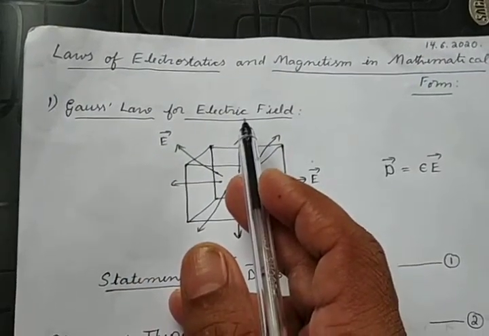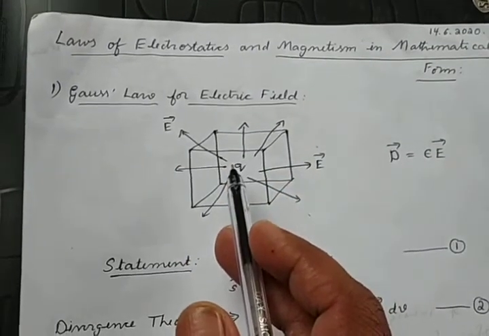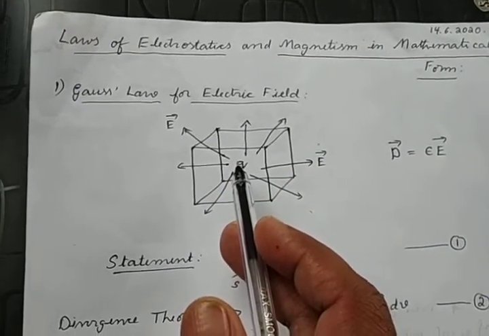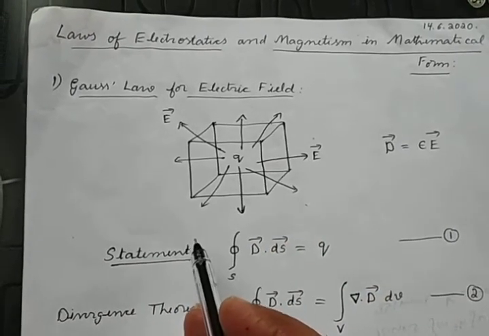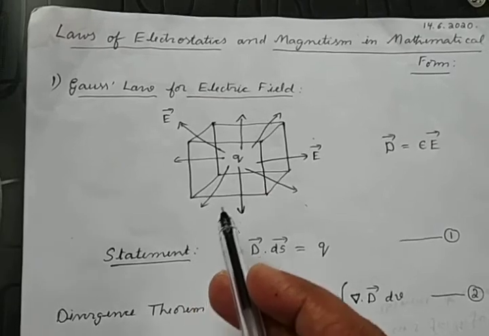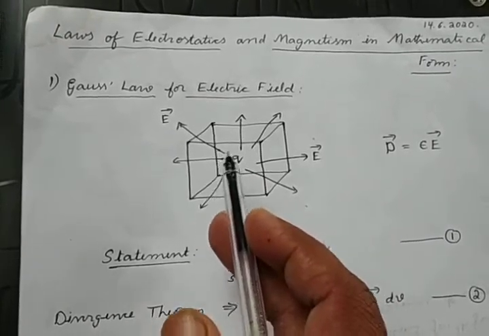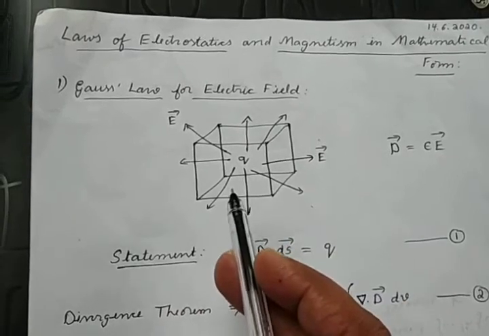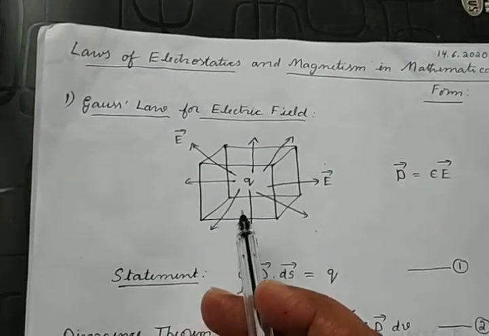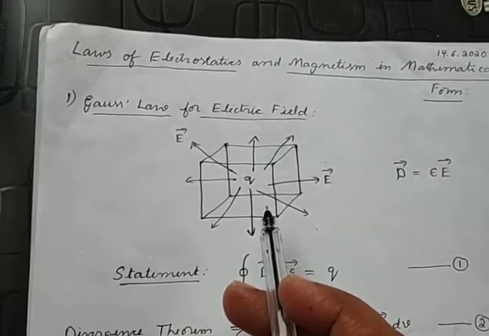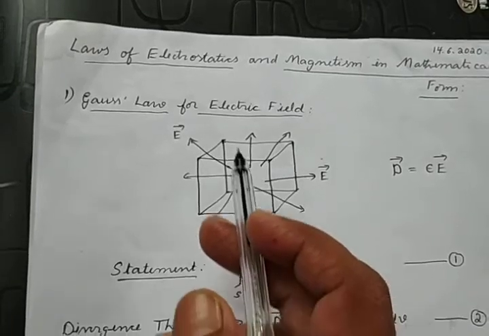Gauss law for electric field tells us that the amount of flux passing through a closed surface is proportional to the charge enclosed in the closed volume. So let's consider a closed surface like this. I have considered here a cube. You can consider any closed surface like a sphere or cuboid or anything like that, and consider the amount of electric flux emerging out of this